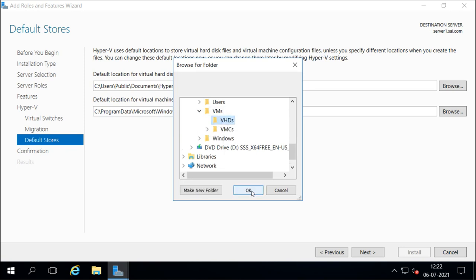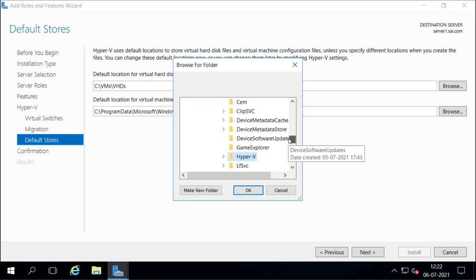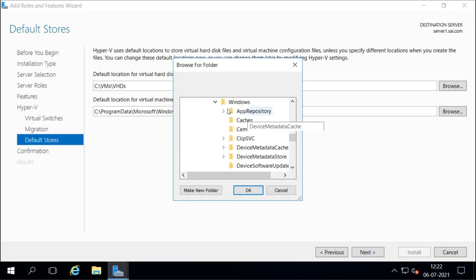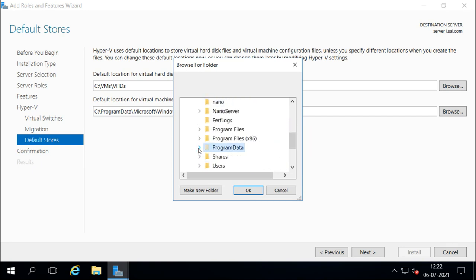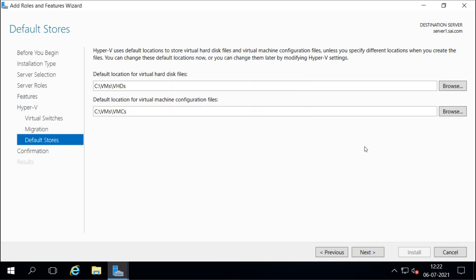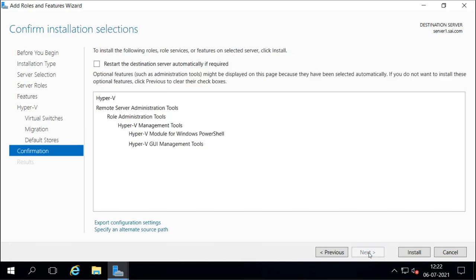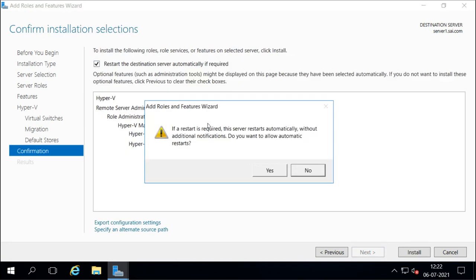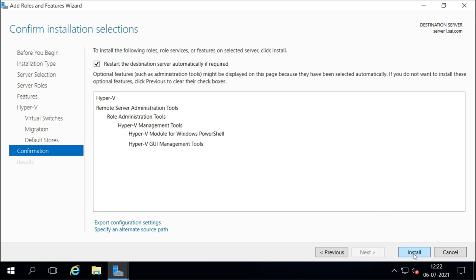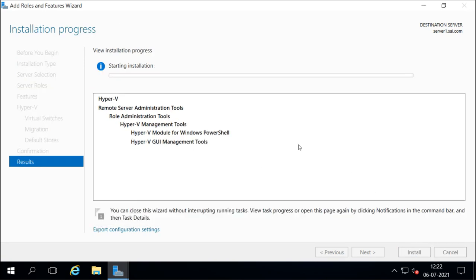For virtual hard disk, and for virtual machine. And restart if required, and install. Now it will take a little time to install. Then after that we can install the container role, container feature.